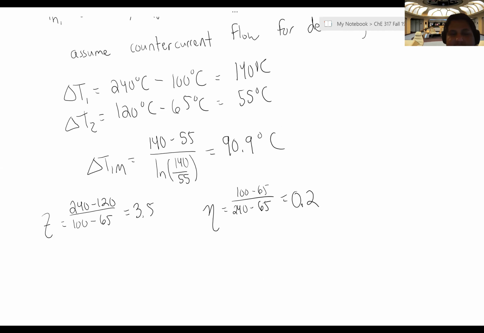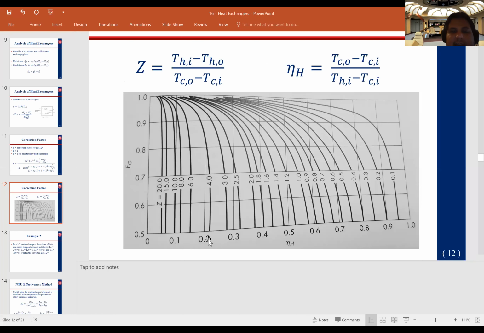I follow that all the way up where it intersects with a Z curve of about 3.5, which I would say probably halfway between 3 and 4. Still looking at your notes, not the PowerPoint. Thanks for that. Okay, now that you can see what I can see, I see it here. So that's where I would find that intersection. So my F is about 0.9, which means,